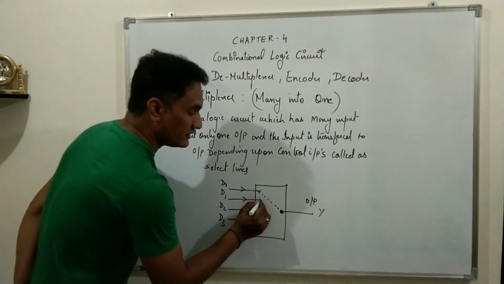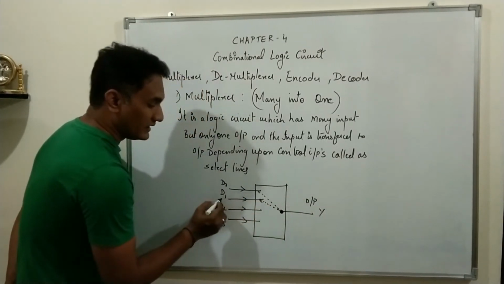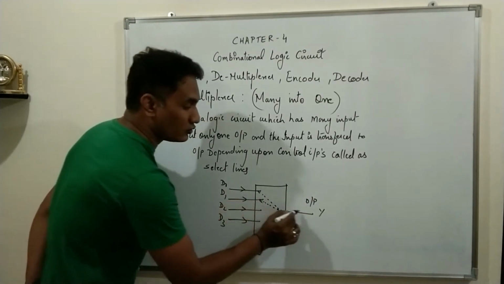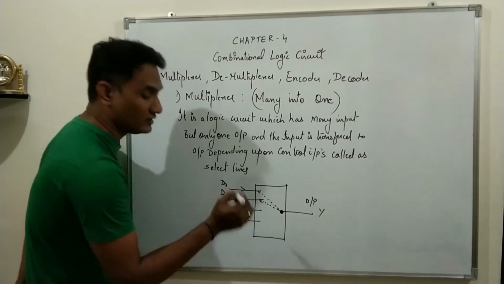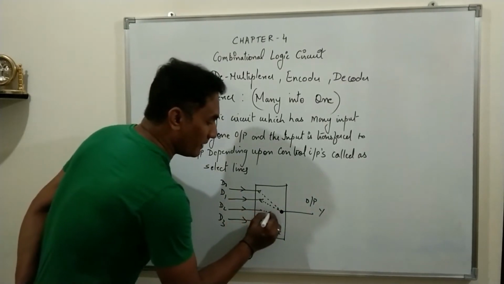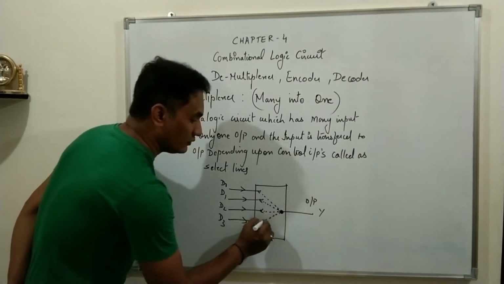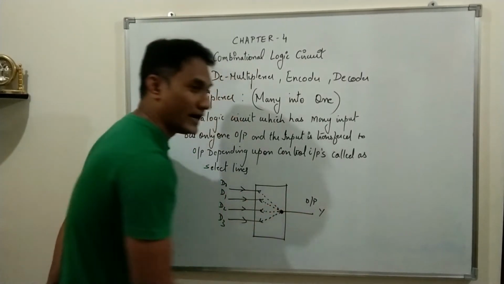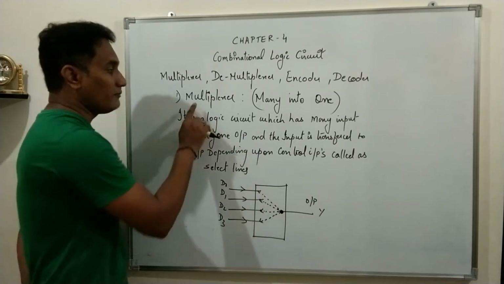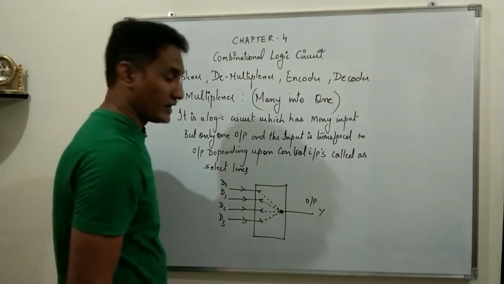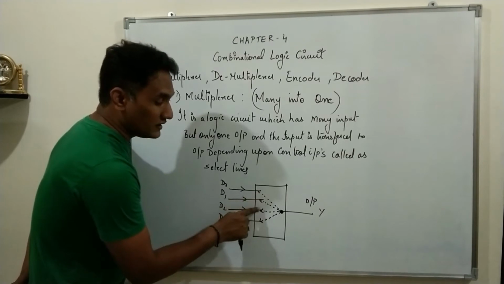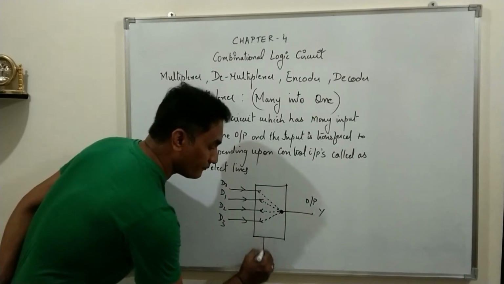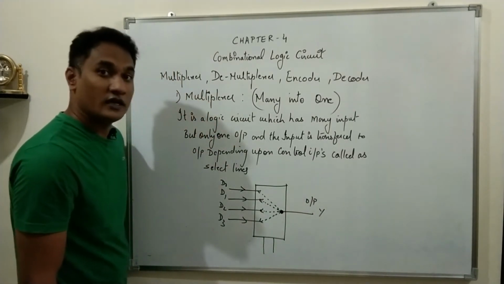Similarly, if the switch position is changed, data from D1 will be transferred to output Y. Only data from D1 will be transferred to Y. At that point D0, D2, D3 will be deactivated. Similarly, by changing the switch position, different inputs' data can be transferred through one single output. That type of circuit is called a multiplexer. Now, the switch position has to change for different inputs to be transferred to the output, and that happens depending upon certain control conditions.